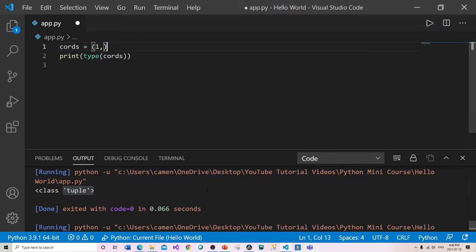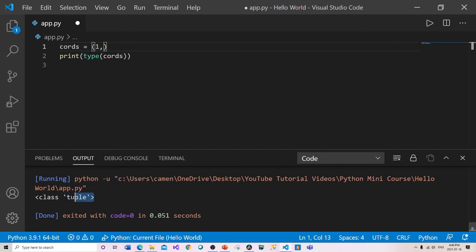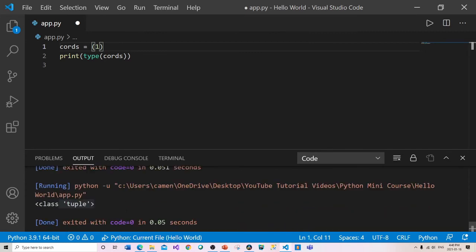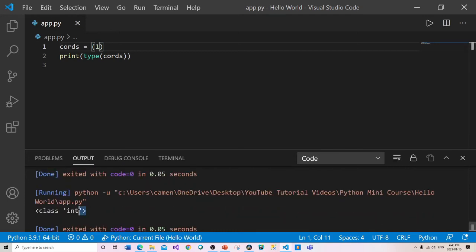Let's run that again, and you can see it still believes that it's a tuple. If I take it out and run that again, you can see, well, I didn't save it, but when I run this again, it believes that it's an integer. So we want to make sure that if there's only one item in our tuple, we have the comma there